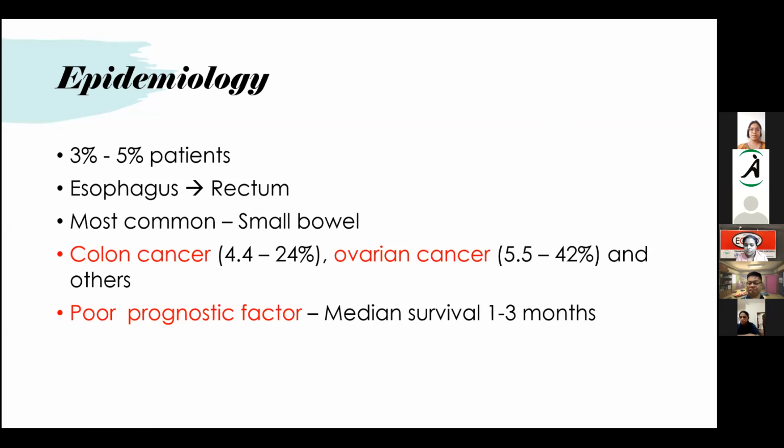when the patient develops bowel obstruction, we usually say that the median survival is around 1 month to 3 months. So it is actually a warning sign, so that we are aware that the patient is not very good and something bad can happen at any time. So this is usually considered a poor prognostic factor, but not always. In an early stage of a cancer, it can be tackled in multiple ways, but usually in an advanced disease, it is considered a poor prognostic factor.